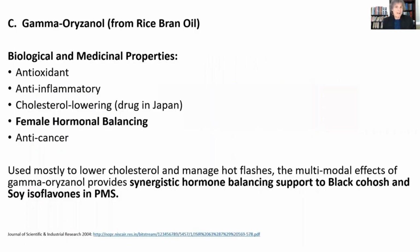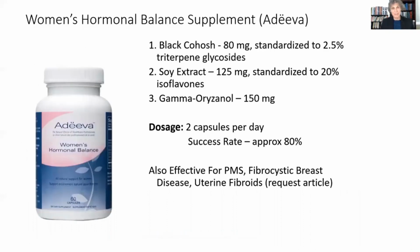And also prebiotics and probiotics can be helpful to make sure you have the right friendly bacteria concentrations in the large intestine. Then we have gamma oryzanol from rice bran oil, also shown to have a lot of therapeutic effects in the human body as an antioxidant, with anti-inflammatory effects. It's a cholesterol-lowering drug in Japan, but it also has female hormonal balancing effects that we've seen, and some anti-cancer properties experimentally. So it's a very nice synergistic nutrient to tag on to black cohosh and soy isoflavones,